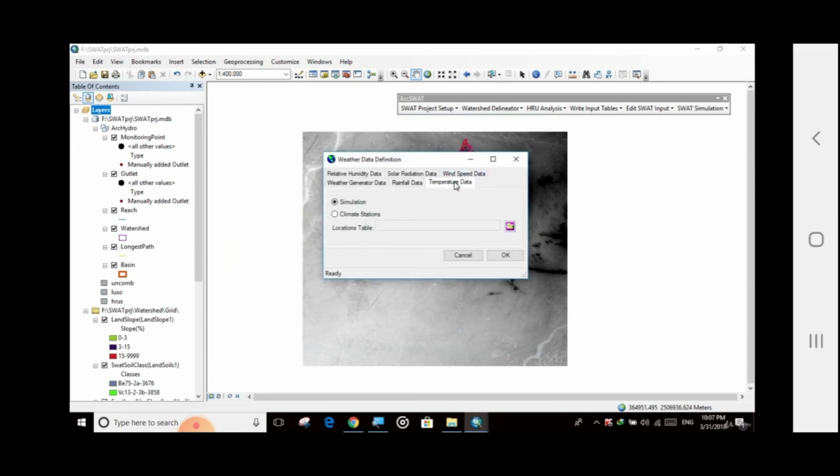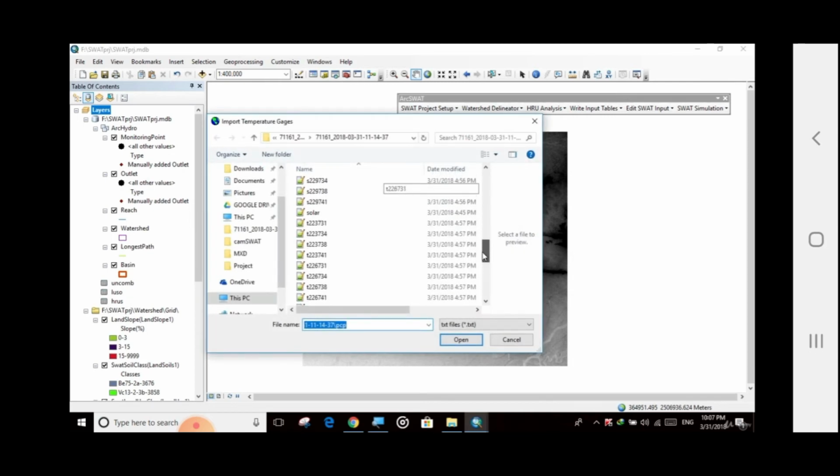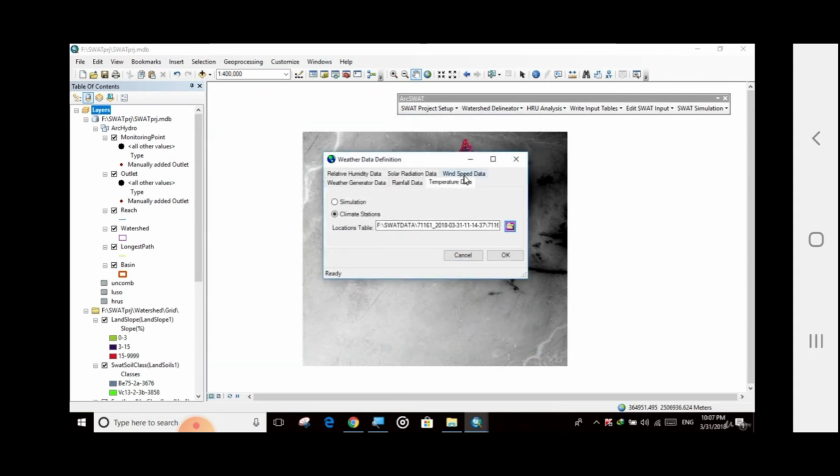Now click on temperature data. Select climate stations. Location tables, click OK. And for temperature, you have to select the TMP file. This is the index file for temperature. Click open. Now come to wind speed data.